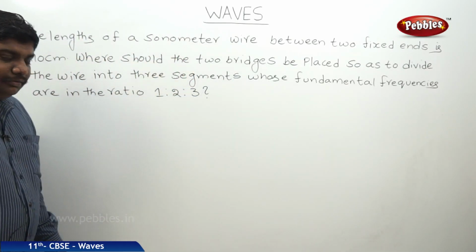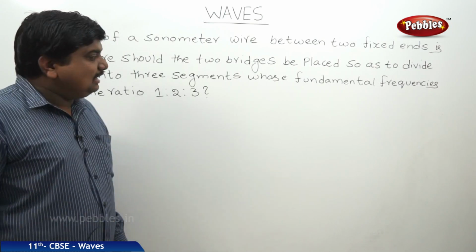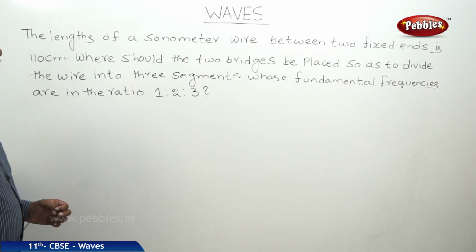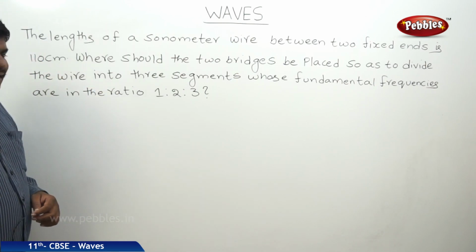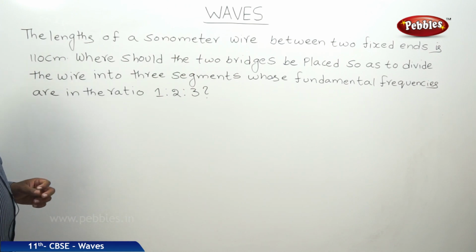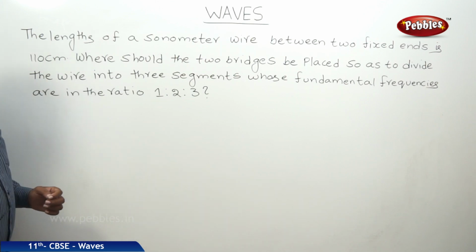This is a numerical based on the concepts of fundamental modes of vibrations or fundamental frequencies. The question is: the length of a sonometer wire between two fixed ends is 110 centimeters. Where should the two bridges be placed so as to divide the wire into three segments whose fundamental frequencies are in the ratio